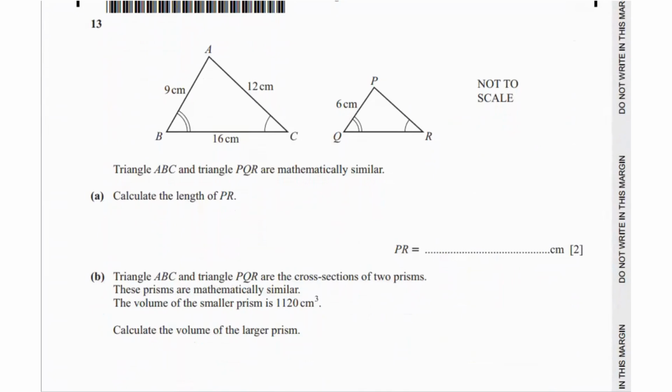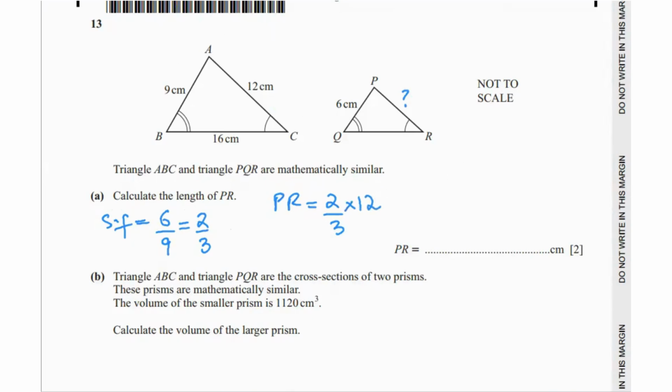Then it says triangle ABC and triangle PQR are mathematically similar. Calculate the length of PR. If they're mathematically similar, that means all of the lengths are being increased or decreased by the same scale factor. So we're trying to find the length of PR, which is this one. If you go from 9 to 6, we can easily find the scale factor by dividing 6 by 9, which is 2 over 3. So if we're trying to find PR, we would just multiply the scale factor by 12,